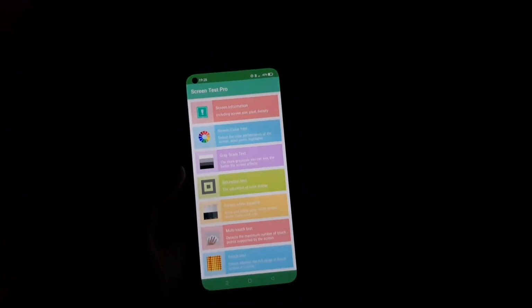Let me do another test, which is the screen white test. Even in this test you can observe these particular boxes. Usually in the other green tint model phones, what has happened is that in this particular area it will definitely show the green color, but right now I cannot see much of the green tint happening in the Realme X On Max at this point.